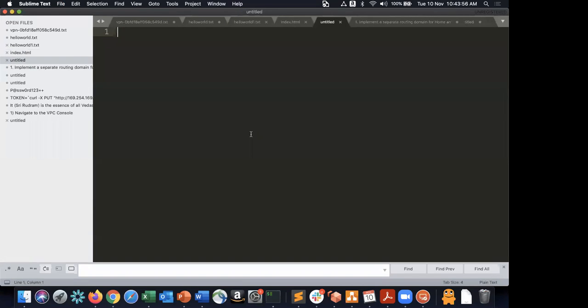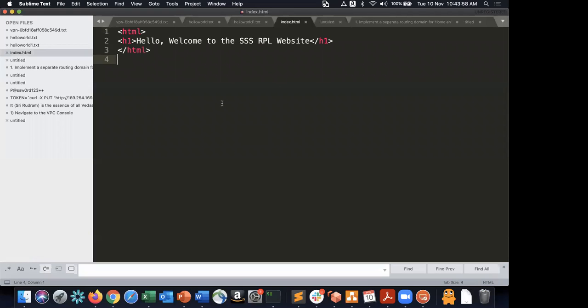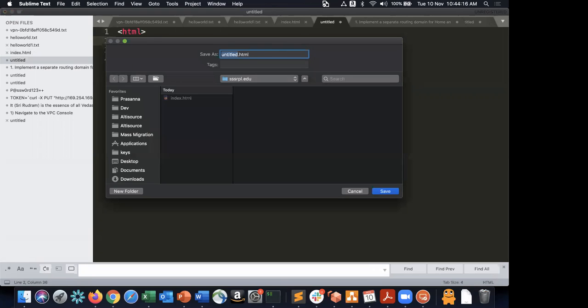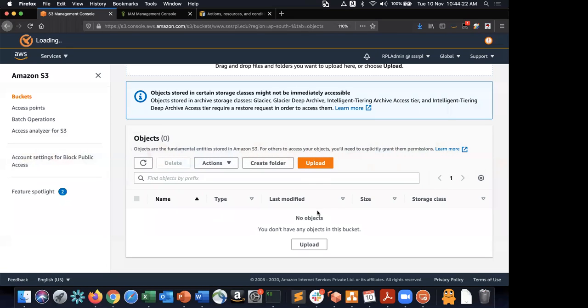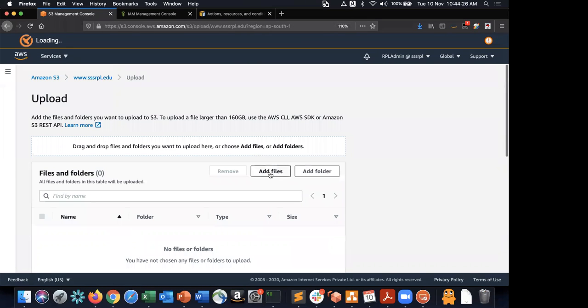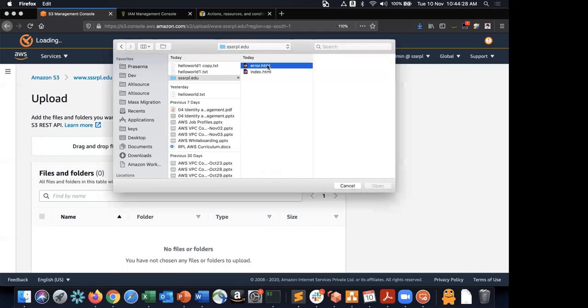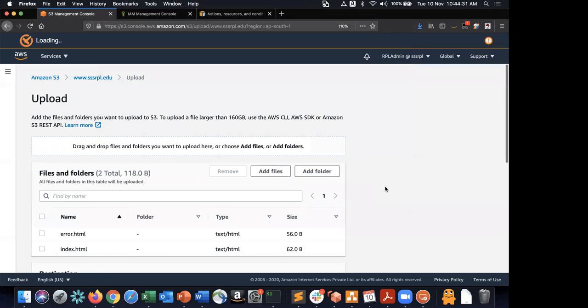I'll create one more for error, error.html. These are the two objects that I'm creating. I'm going to upload these objects into the bucket. I'll say upload, add files, and upload these two objects here. Open,